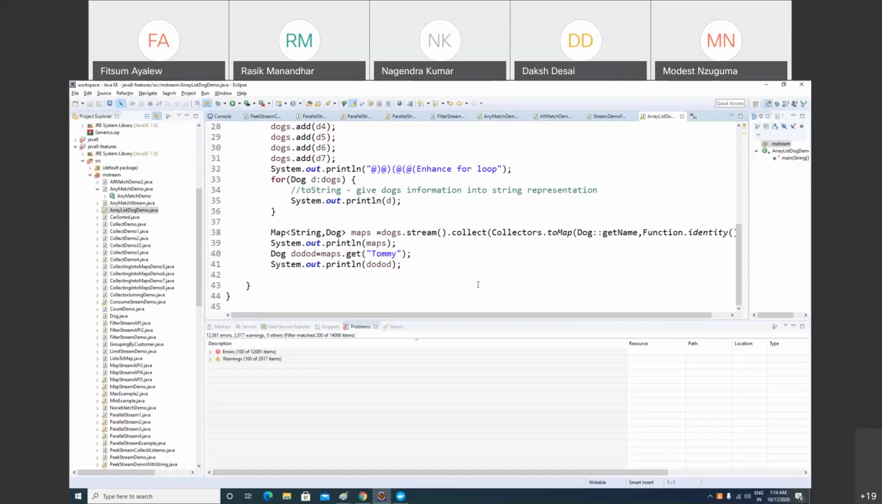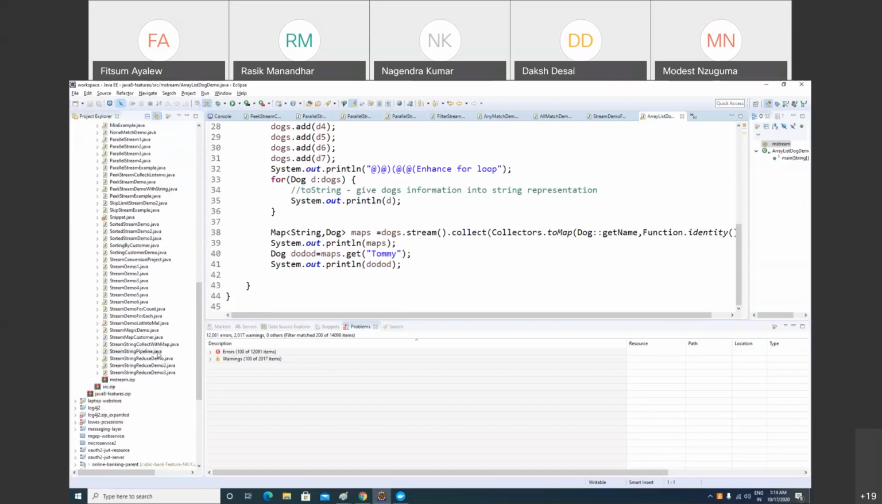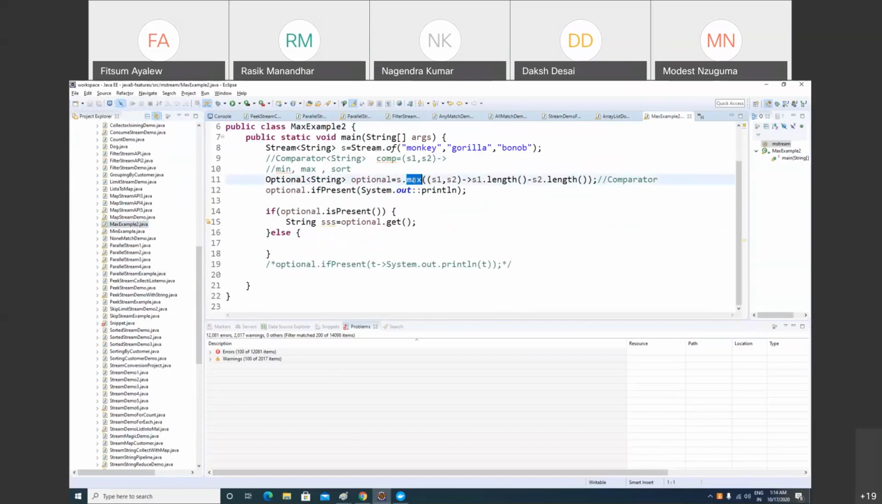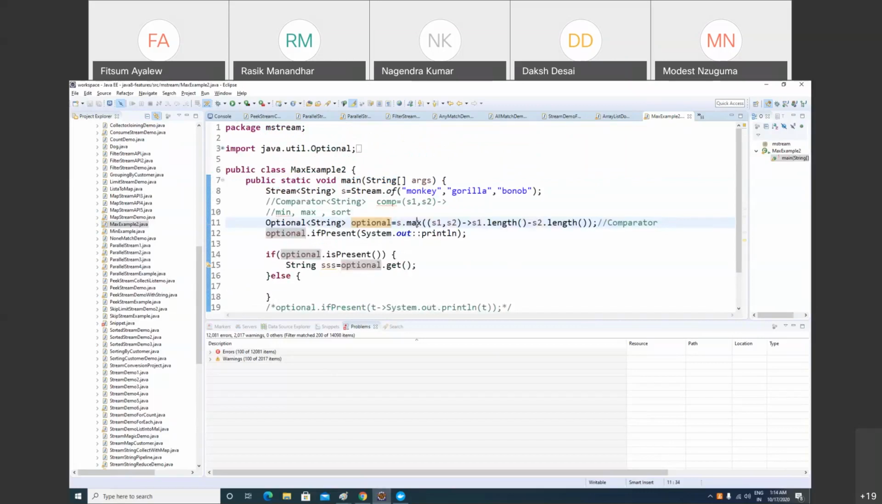Got it? Let me give you some more terminal operations. We have the terminal operations max and min. Max and min are terminal operations which will give you the maximum and minimum value. When you want to find max, you have to pass a comparator, right? So if you pass a comparator in ascending order, it will give you